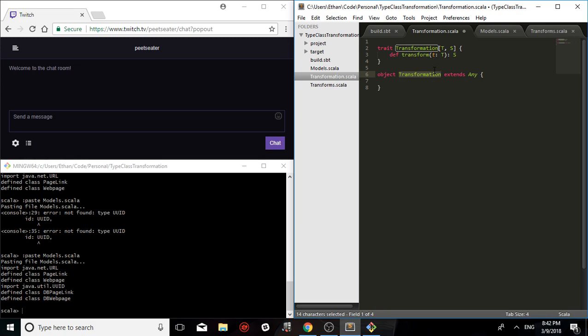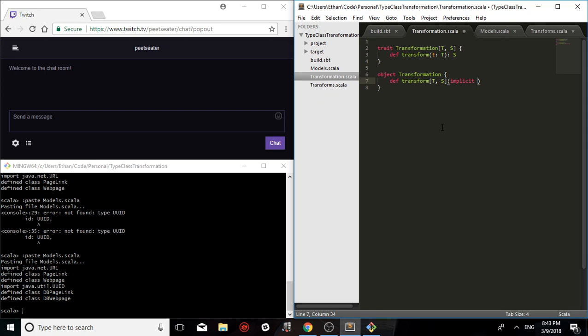we're going to provide the rest of the framework for the type class. So we're going to have an object called transformation, which will be like the introductory point for people who want to use it like this. And we're going to call it transform because we're not thinking too hard about this. And you should have it describe what it does. Okay, and so we're going to transform from type t to s, and as you might expect,